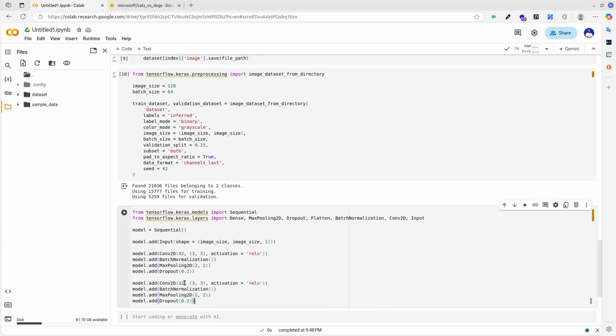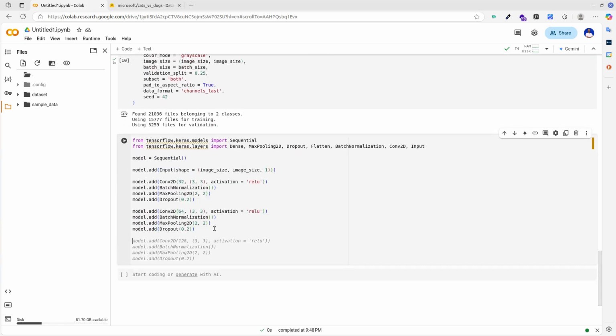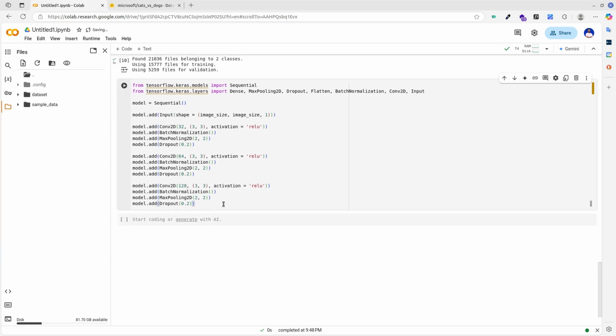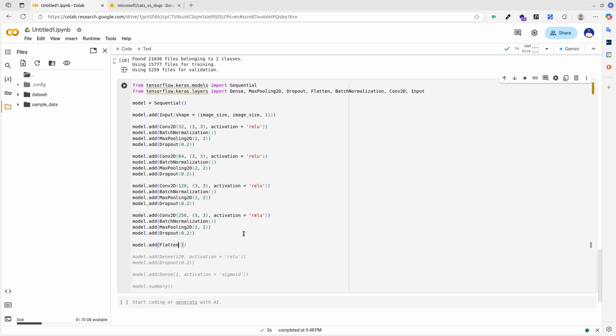Now, let's add 3 more convolutional blocks. In each one of them, we'll double the number of filters that we use on the conv2D layers. After defining the convolutional blocks, we'll now need to add a flatten layer and a dense layer.